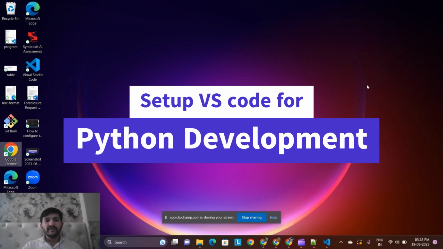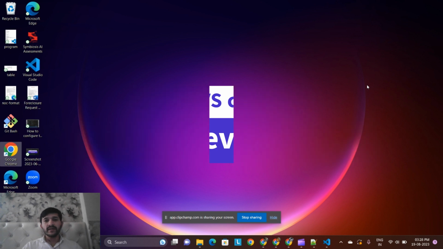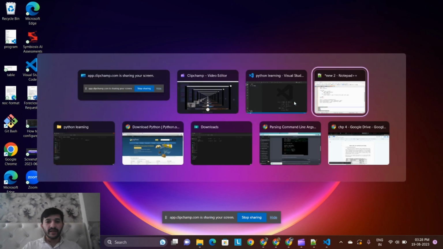Hello friends, today we will learn how to set up Visual Studio Code for Python development. So let's start. In order to set up Visual Studio Code for Python development, the first step you need